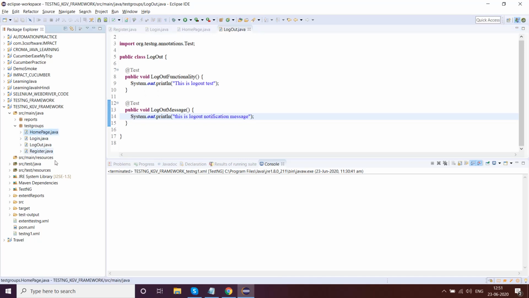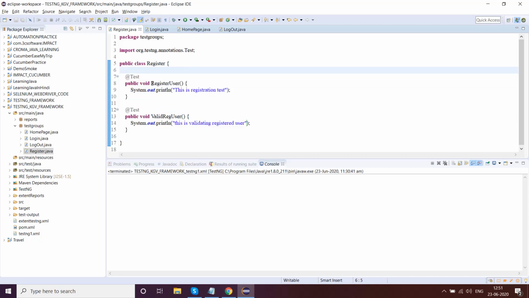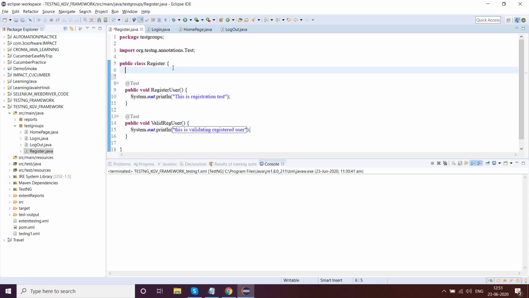Now let's go ahead and understand. Let us go to the first class here. What are the groups that you technically encounter in your software testing field? What are the different groups that you will encounter? Let's say you have unit test as a group. You can have a sanity test as a group, a smoke test as one group, a regression test as another group, and a UAT test as another group. So you can have multiple groups.